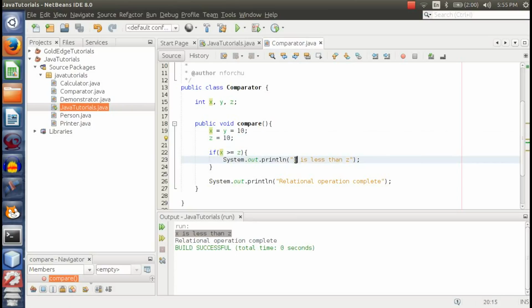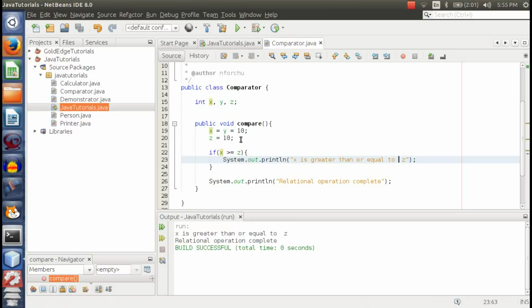So it says that x is greater than or equal to z. And if we run that, you can see it, because z is 10 and 10 is certainly greater than or equal to z, which is